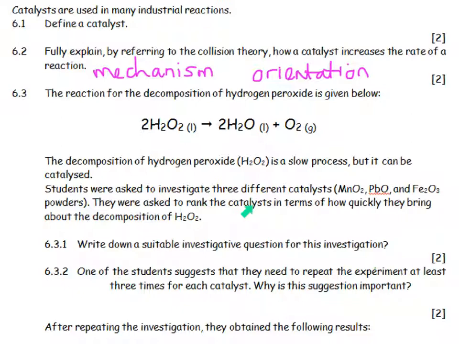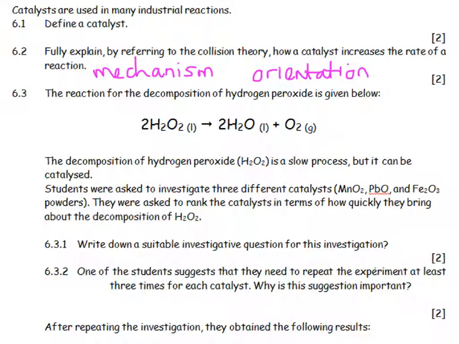Rank the catalysts. It's not good enough to say what is the best catalyst or what is the worst catalyst. You've got to rank all 3 in terms of how quickly they bring about the decomposition. So what is a suitable investigative question? You can say which catalyst makes the decomposition of hydrogen peroxide go fastest and which goes slowest, or a better one might be: what is the rank order of the following 3 catalysts in terms of their effectiveness in the decomposition of hydrogen